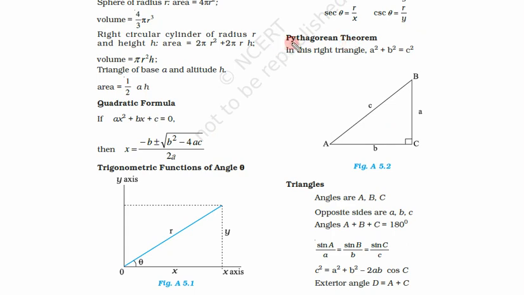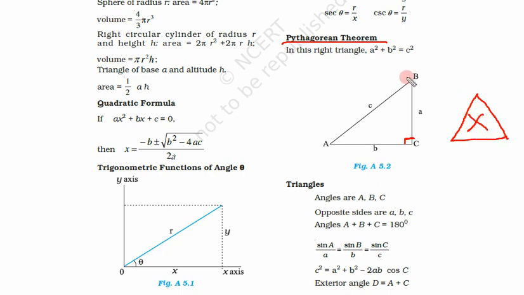Now, Pythagoras theorem. What is Pythagoras theorem? Pythagoras theorem is only true for a right angle triangle. So this is a right angle triangle, or right triangle. Here we see one angle is 90 degrees. Suppose I have a triangle like this. In this triangle, Pythagoras theorem is not true.